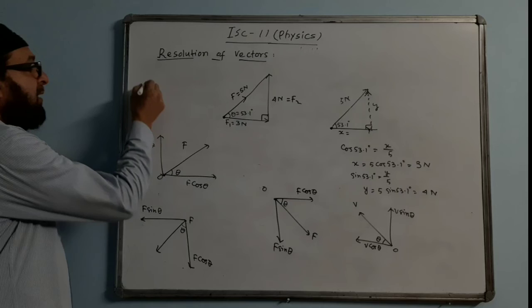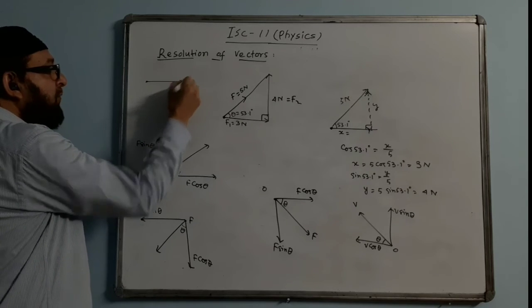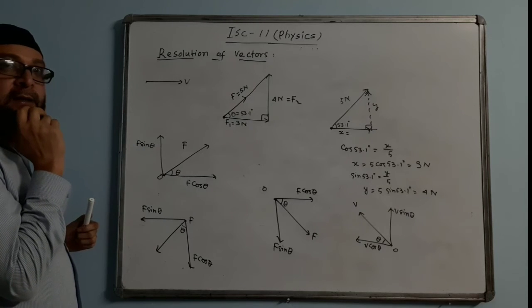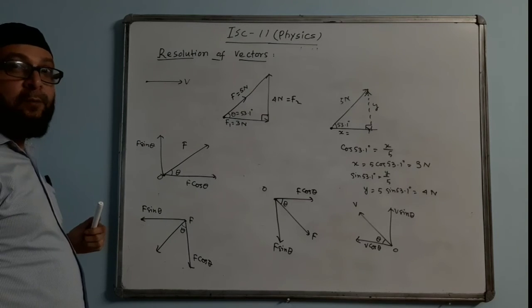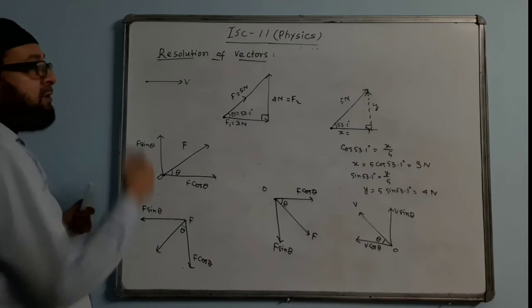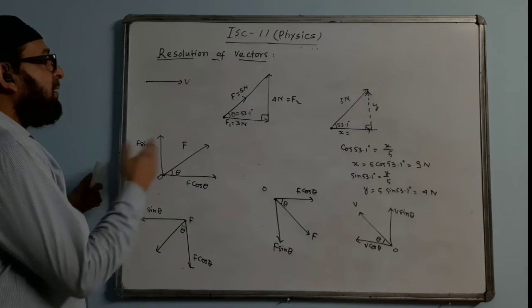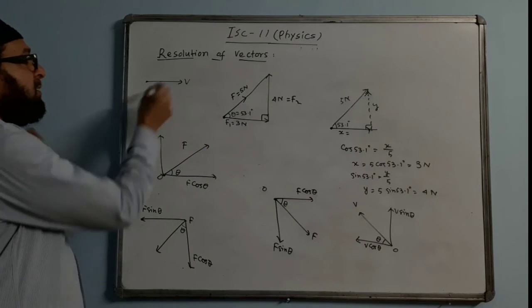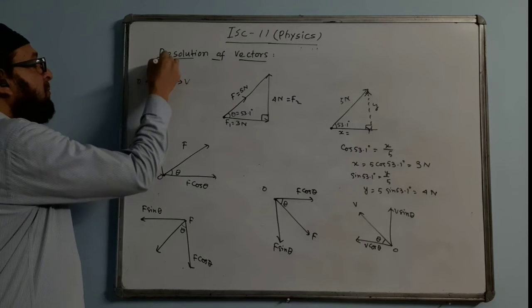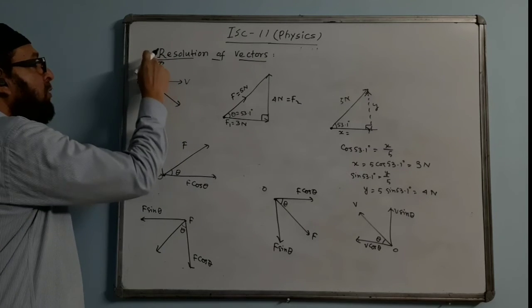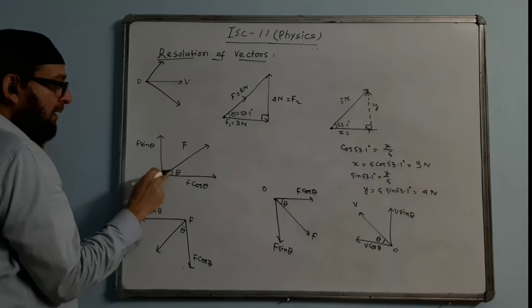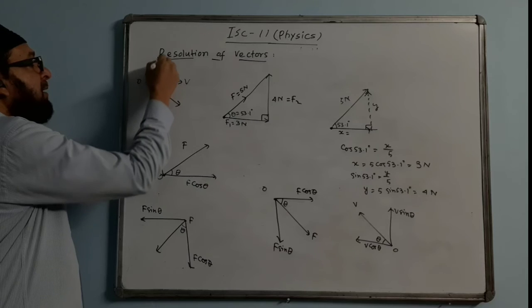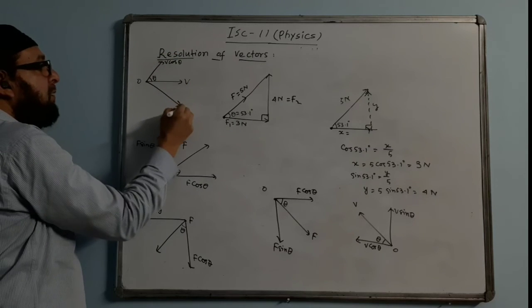Normally, if a vector is like this, V is a vector over here, can we break it into components? The answer is yes, we can, but those components will not be horizontal and vertical. It is already horizontal. This V we can break into two components in this manner, one component here, another component here. These two components must make an angle of 90 degrees, a right angle. Suppose I mark this angle theta, then this will come V cos theta and this will come V sin theta.